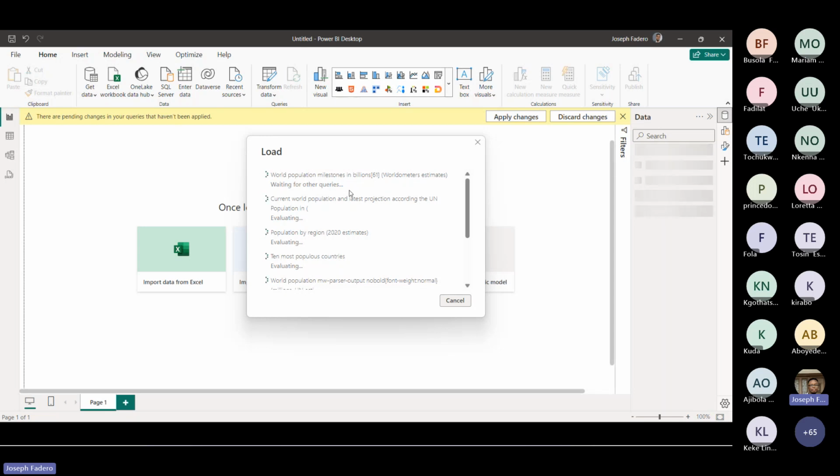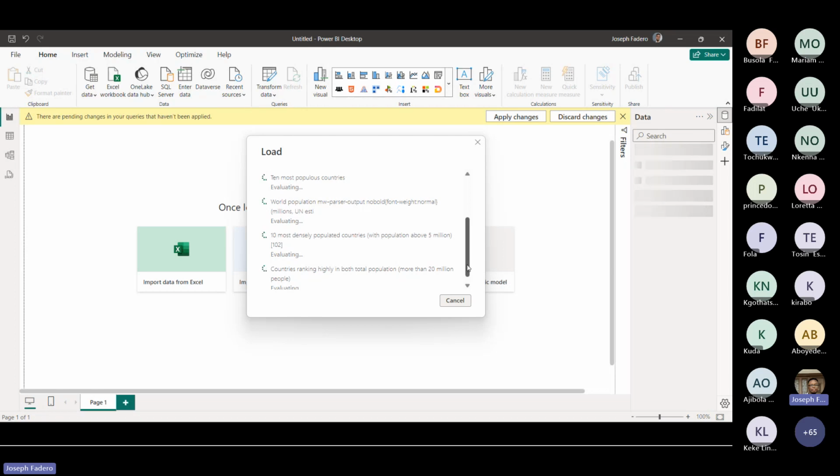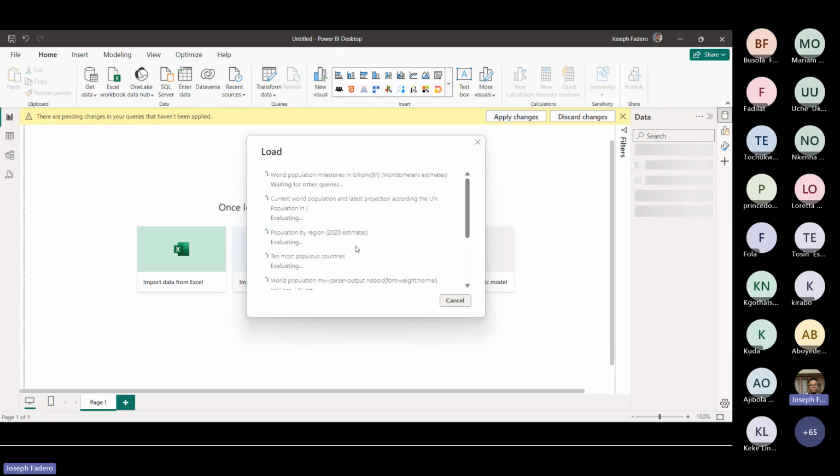Your network should be good, and you should ensure that those parameters are set. The moment you do that, I think you should be good to go. It should take a little bit of time to load, but the moment it has loaded in, you can start building out your reports and your visualizations with your data.